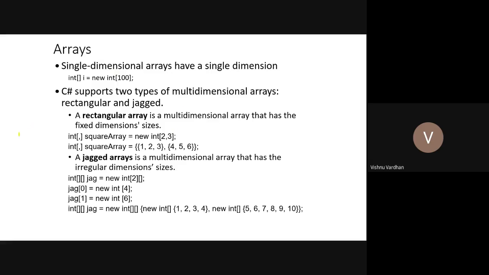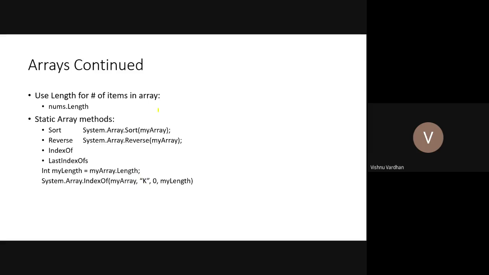So some further explanation is given on arrays. Yes, some supported methods are there. Like we can sort the array, we can reverse the array, we can find out the index of a particular element in the given array, and we can find out similarly what is the last index of a particular occurrence. Suppose you have the occurrence of 35 5 times.